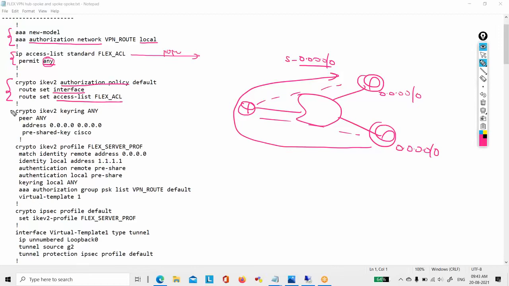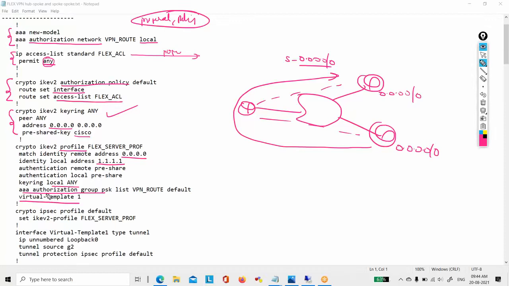Okay, then as usual, you can see pre-shared key. We are using the remote as 0.0.0.0 and pre-shared key Cisco. I am avoiding the proposal. I am avoiding the policy. That means we are using the default. You can see the keyring. You can see the profile here. Remote 0, local is 11, and we are using pre-shared key. Keyring is here. Authorization list has been called here, and we are saying we are using a configuration called